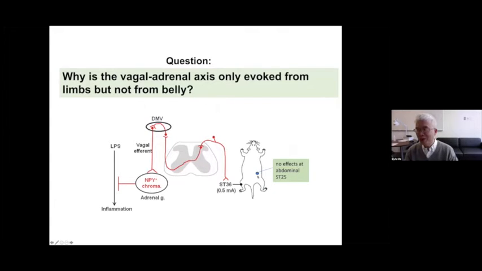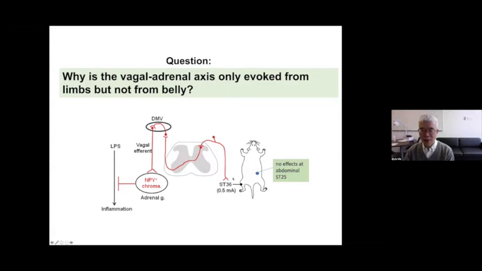At this point, it just repeats what Acucyto's finding was. He measured gastric motility; we measured the anti-inflammation effect, or vagal adrenal axis. There is acupoint selectivity. So the question then becomes why the vagal adrenal axis can only be evoked from the